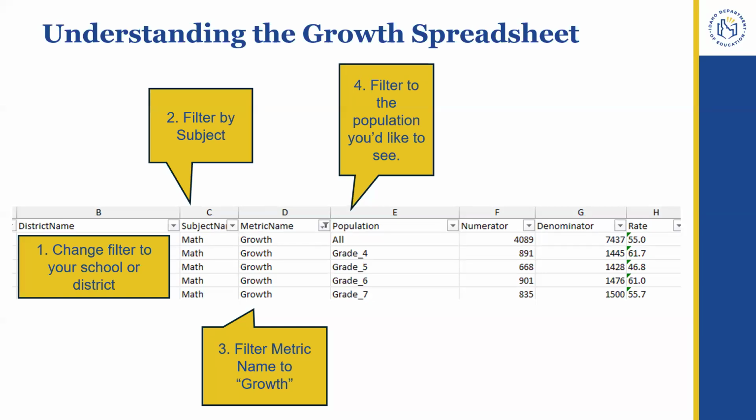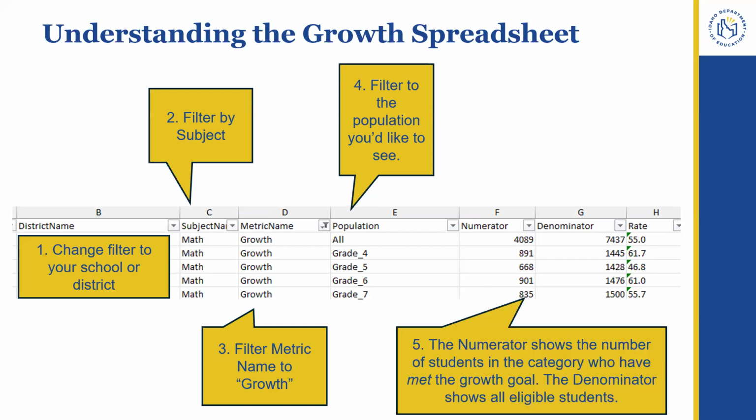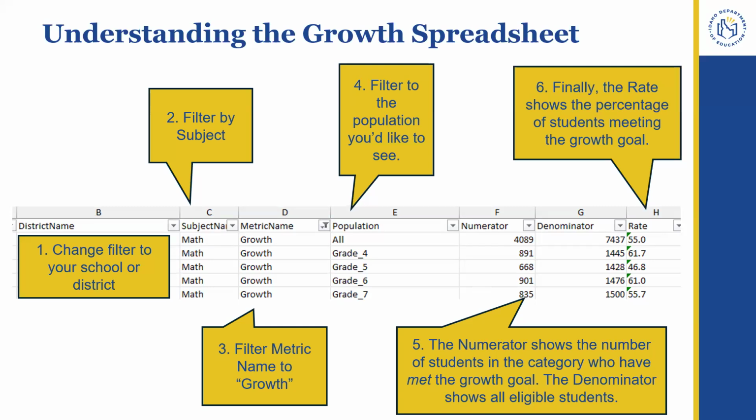You can search by grade level, demographic, or all students. Then, you can see that the numerator will show the number of students in that category who have met the growth goal. The denominator shows all eligible students. Finally, the rate shows the percentage of students meeting the growth goal in that category.